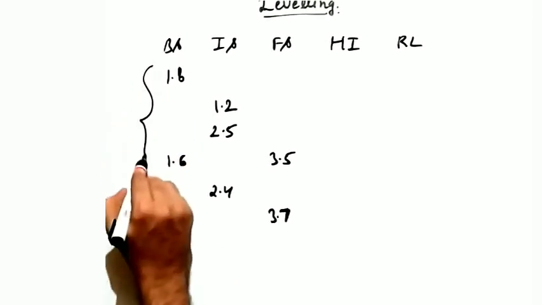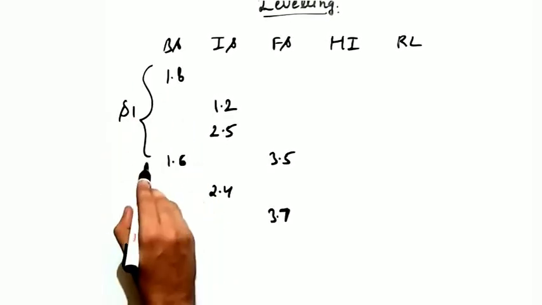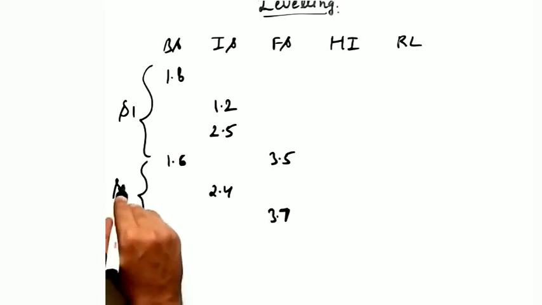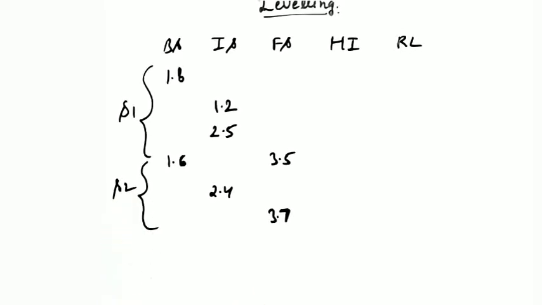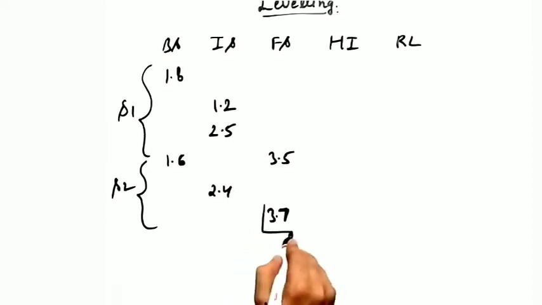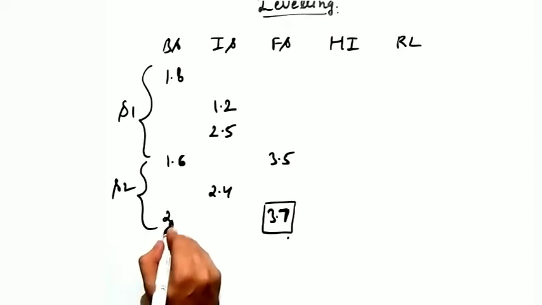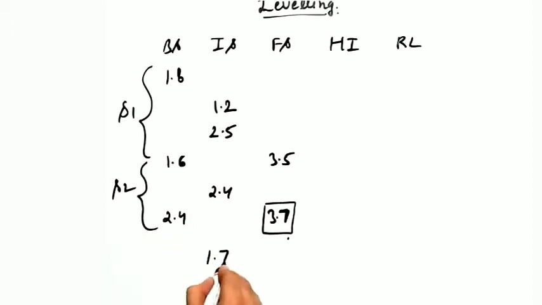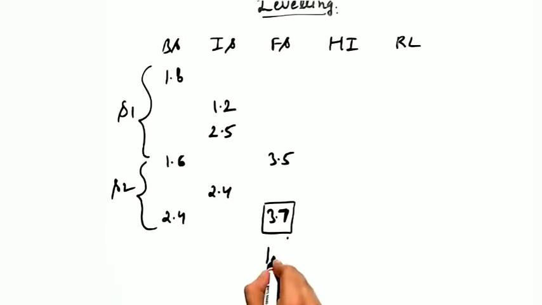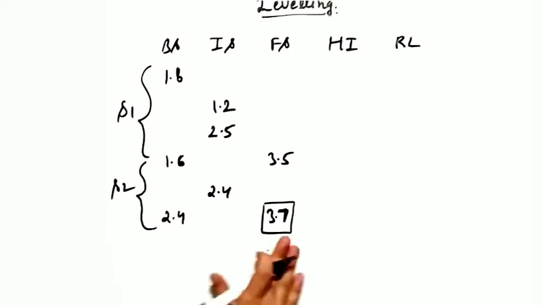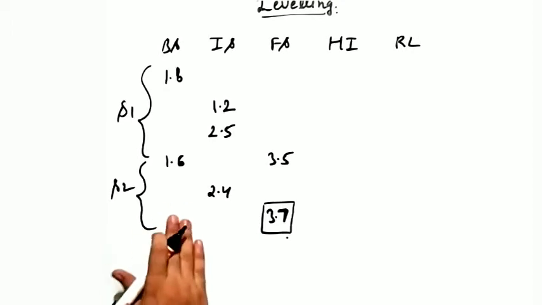This is the data for station S1. This is the data for S2. Similarly, if there was another station, all the readings must end at the foreside only. It should not end like this. Suppose this is 2.4 and this is 1.7. It cannot end at intermediate side, since the last reading that we take is called the foreside. Suppose this is 1.7, then it should be written in this column. So the readings are only up to 3.7.